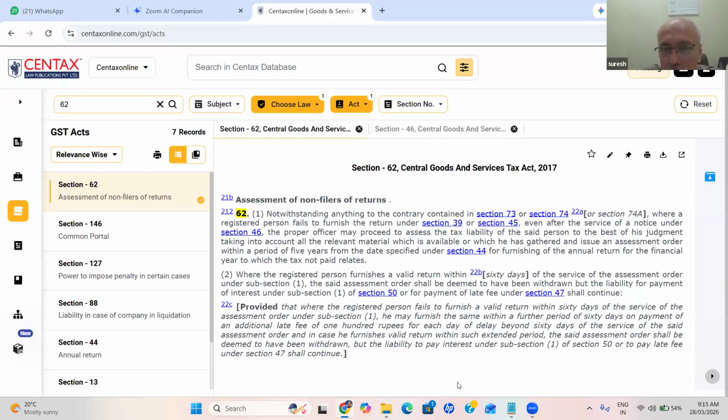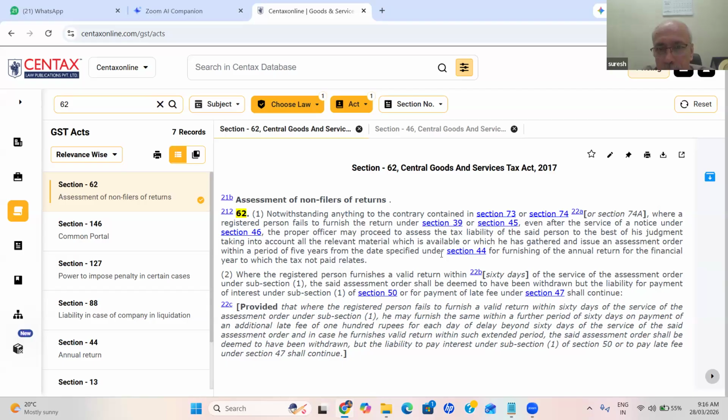But normally we see that officers pass the order within 1 month only, or within 15 days, 30 days. That is, I think, a dangerous trend. They do not give proper opportunity to the assessee. Because at the end of the day, we can see that only 15 days time is given. Only 15 days time is given. And after that, there is no notice to him. And so this is 62(1). In 62 subsection 1,